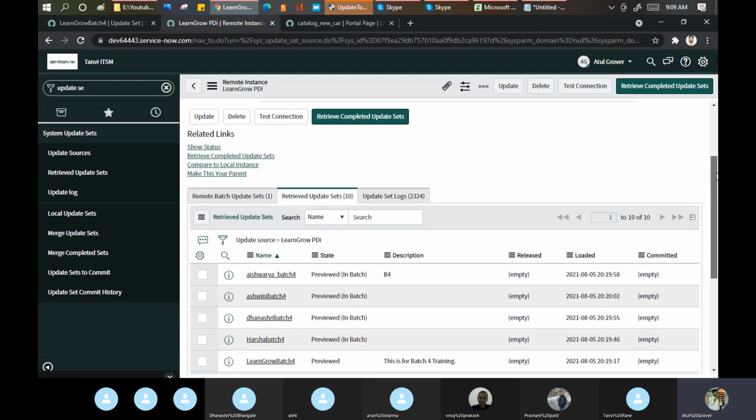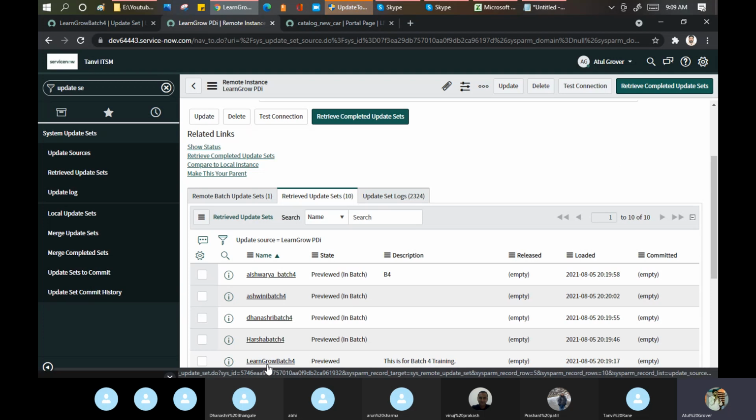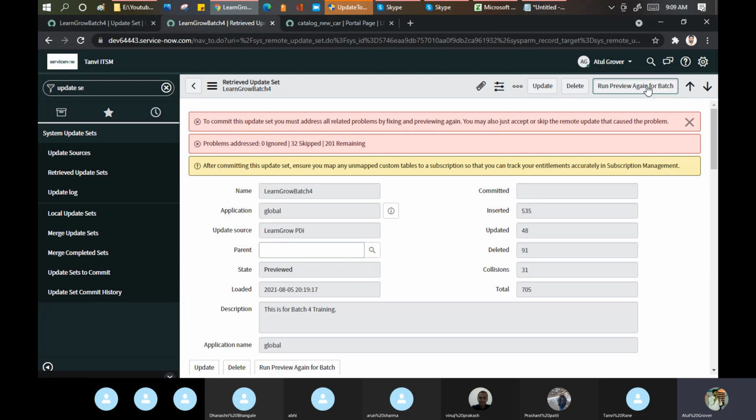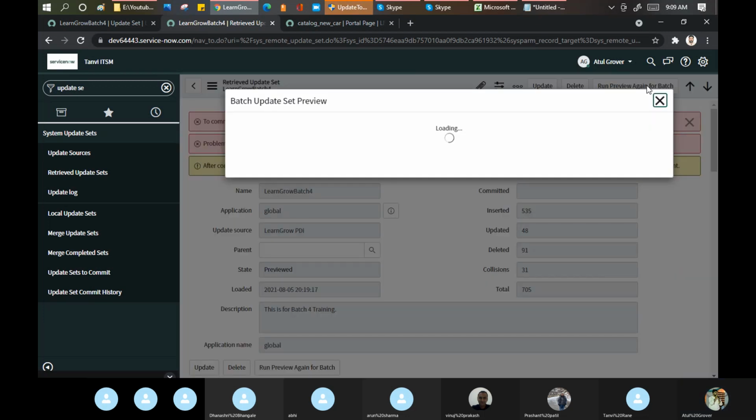Now what I can do, suppose I have done all the changes, all corrections, everything. Now I want to commit it. Let me open this and let me run again. Does any other error exist or not?